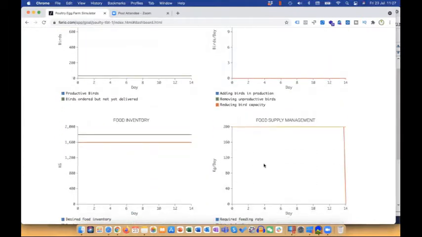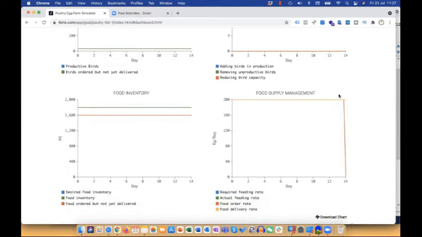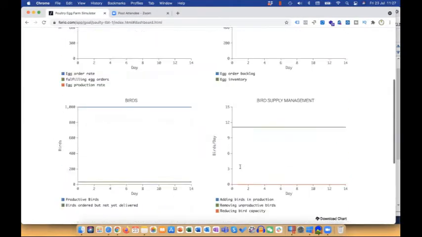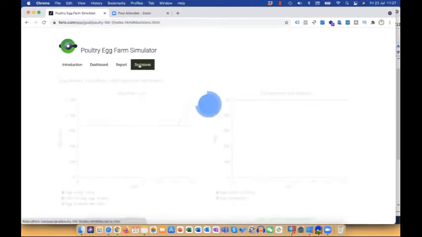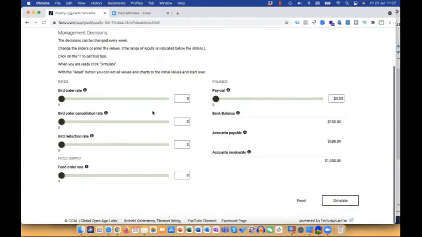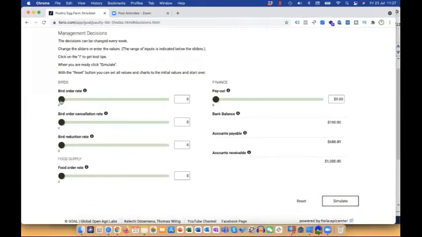But also we forgot to order food on that day. So our food order rate dropped from 200 to 0. So that's actually not a good sign. Maybe the first thing that we should decide is how many additional birds we might need and to start ordering food again. So, for example, I could say, well, I'm going to order, let's say, like 50 birds or something,